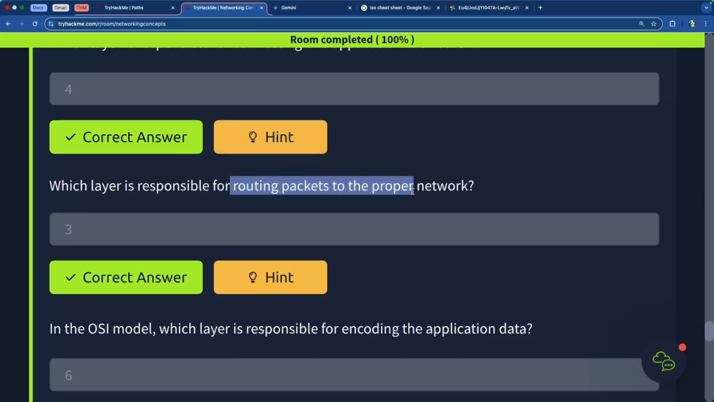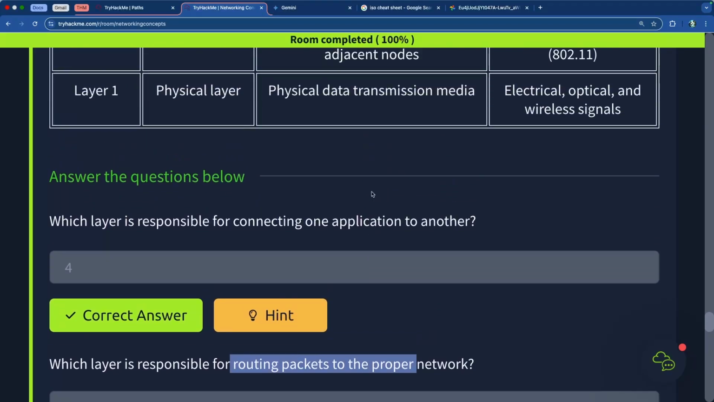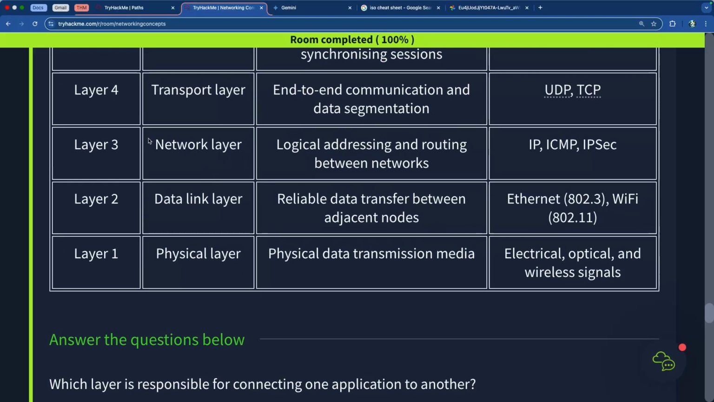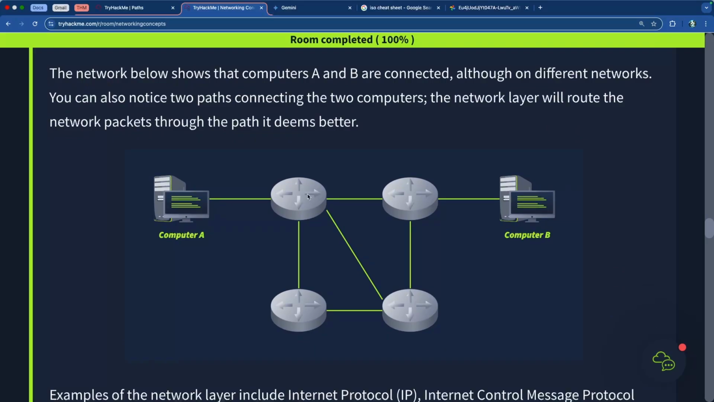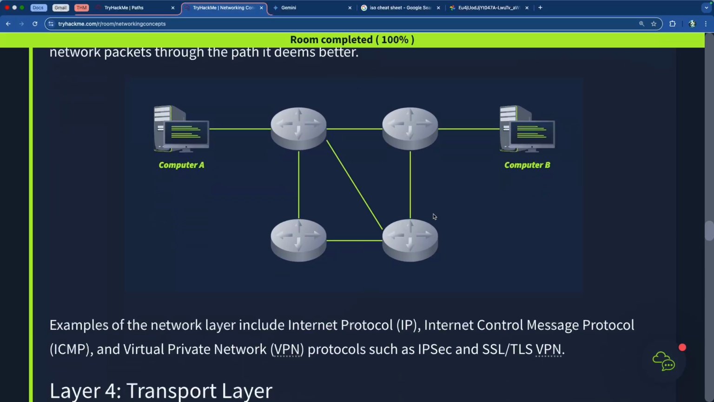Which layer is responsible for routing packets to the proper network? This is where it goes from the data link layer to the network layer, and it goes from network to network, and packets are sent through routers. If you can recall the image that we had over here, these are routers, right? So it goes from this guy's network through routers, and it gets routed to this guy's network, and